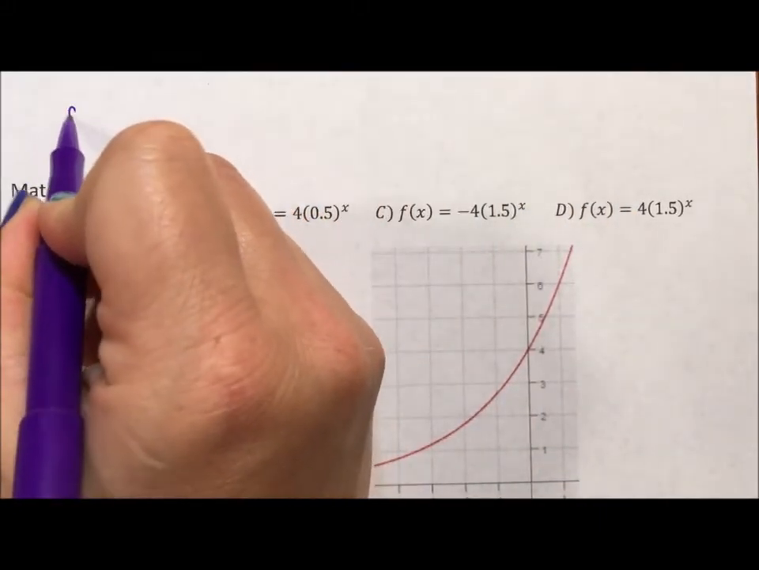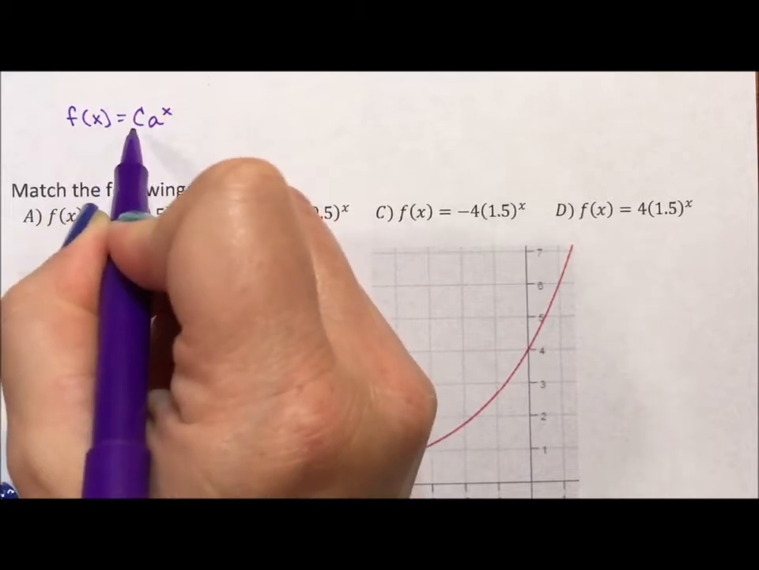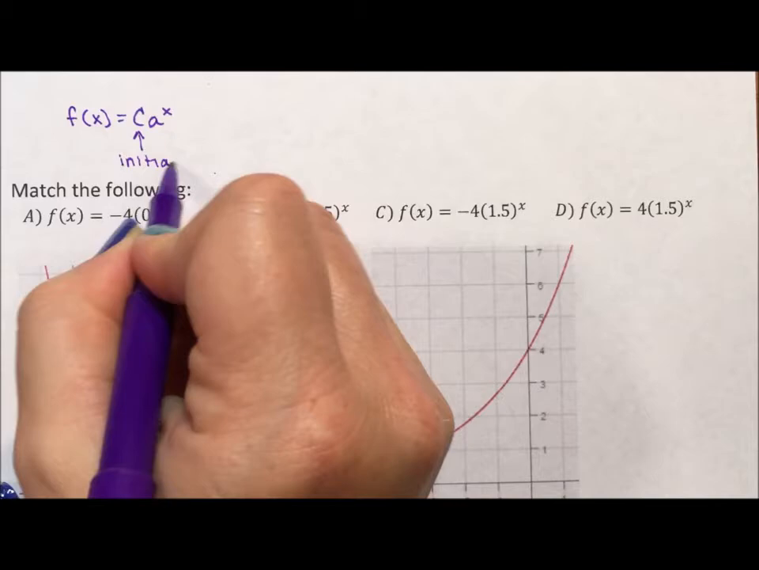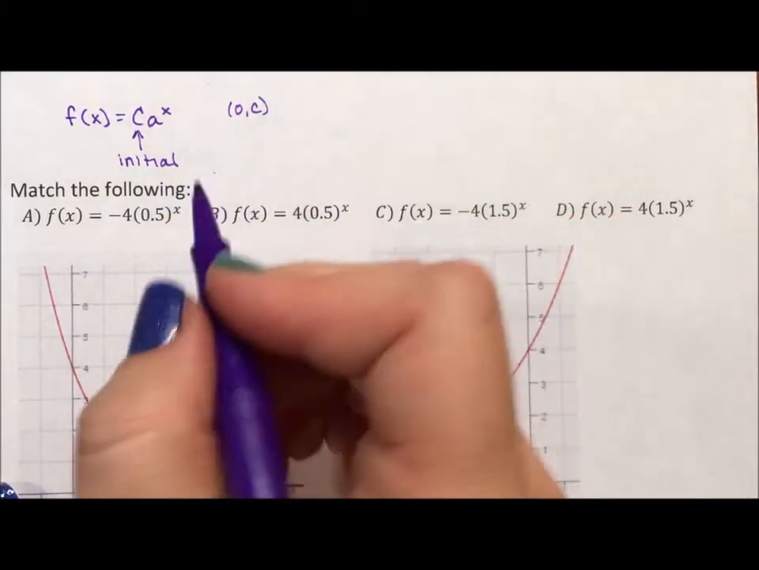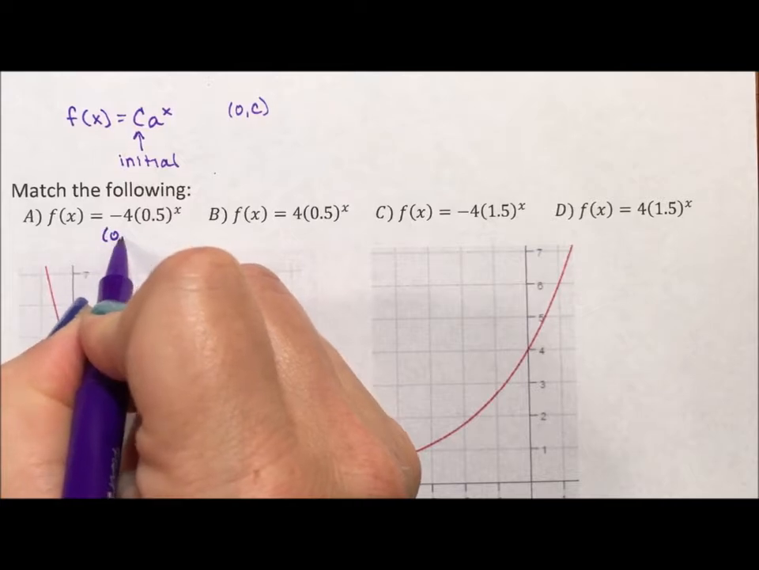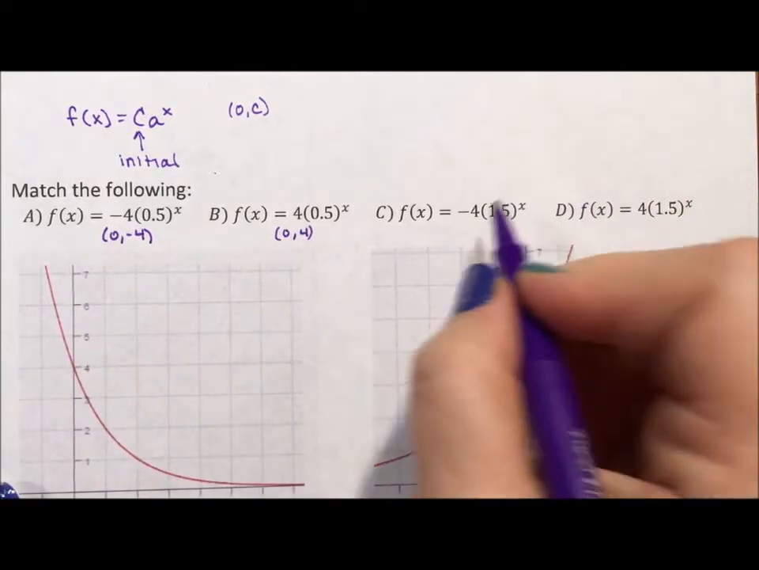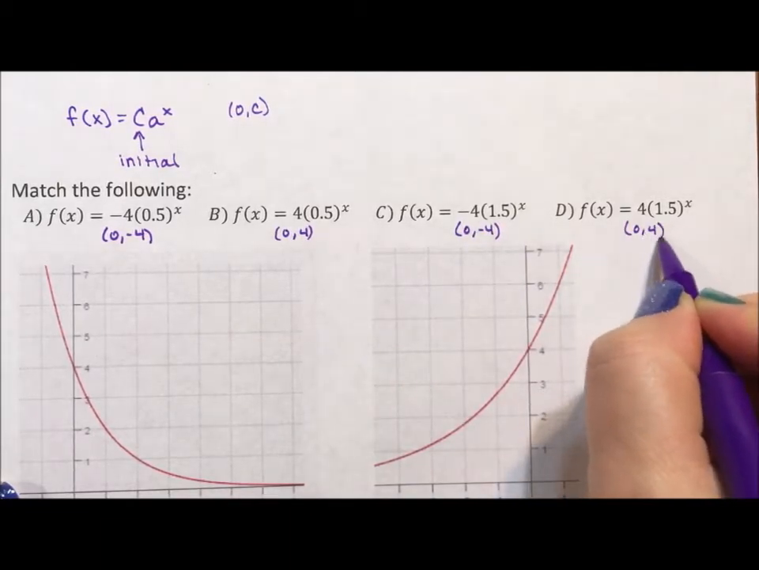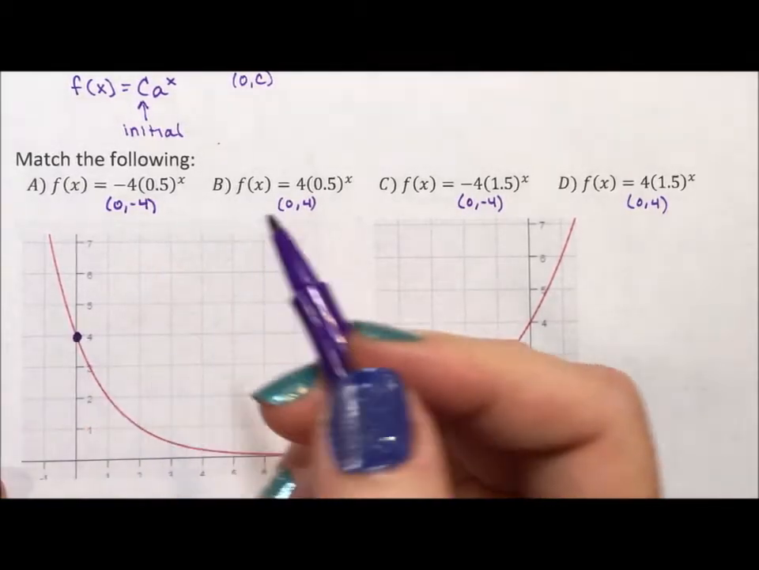Our exponential function is in the form of f of x equals c a to the x, where c is our initial value. If c is our initial value, that means that (0, c) is a point on the graph. So in this case, (0, -4) is a point on the graph. In this case, (0, 4) is a point on the graph. (0, -4), (0, 4). So if we look at our graphs, this is (0, 4), which means this is going